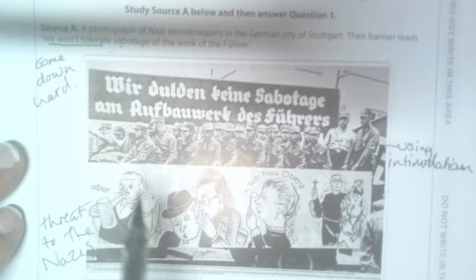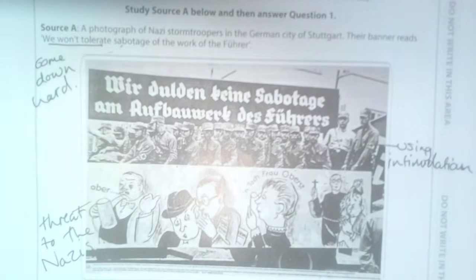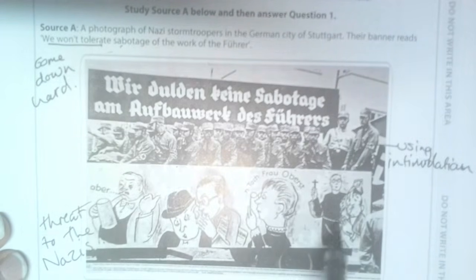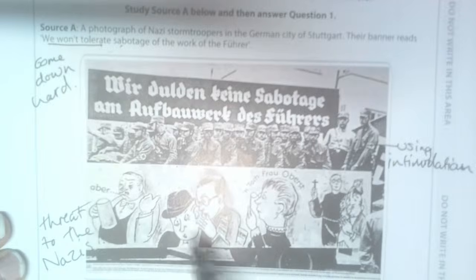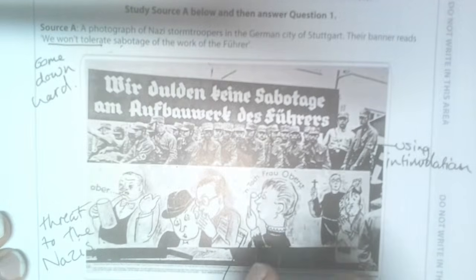The last thing I'd point out about this source is, I'll just lower my light a bit so you can see easier. There we go. The things that they consider to be threats to the Nazis are quite ordinary things. Somebody being drunk, somebody whispering, talking about the Nazis, somebody being kind of above them, and people worshipping in church. These are just ordinary things, aren't they? So we can say that ordinary actions